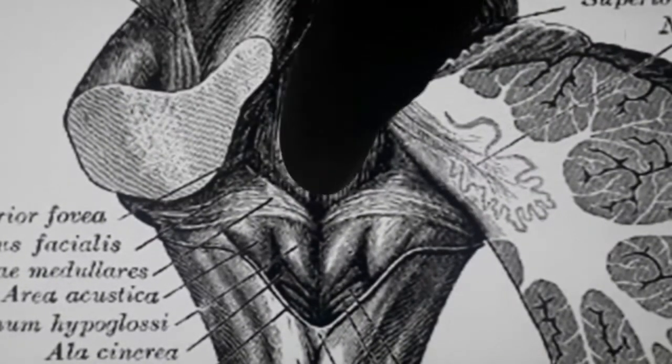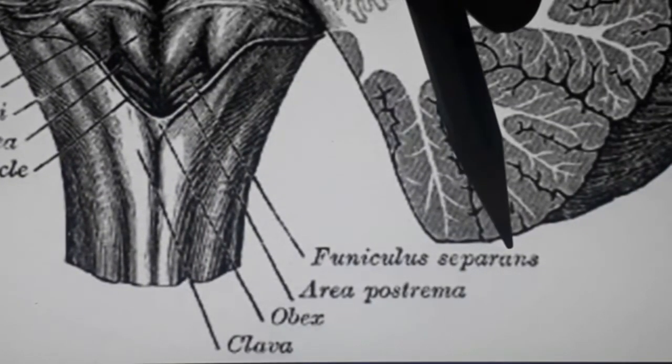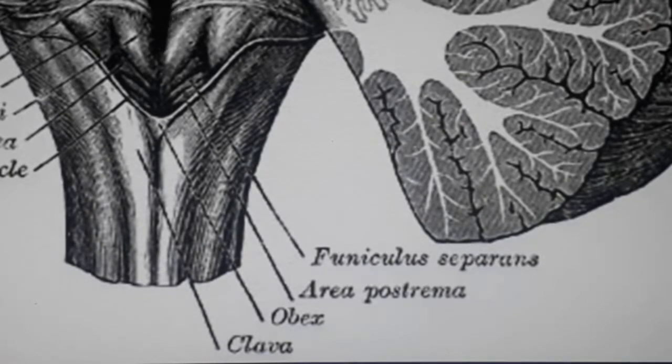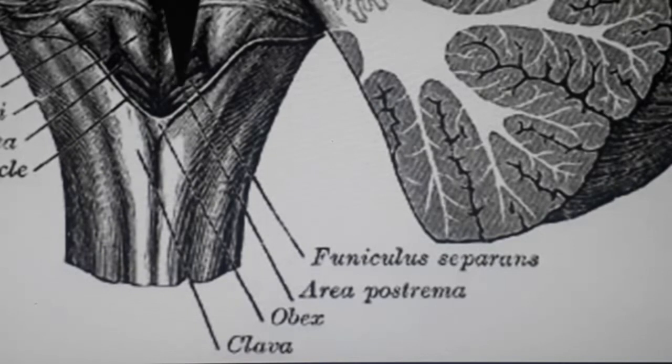So, I am zooming in on this picture so that you can clearly see the funiculus separans. Between the vagal triangle and the gracile tubercle, you can see a small ridge which is known as the funiculus separans. Below the funiculus separans, you can see a small area. This is known as the area postrema. It contains vital centers, or it has the vomiting center present within it. It is highly vascular and contains neuroglial tissue.